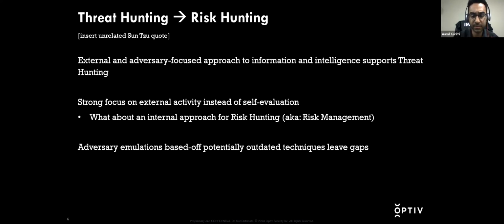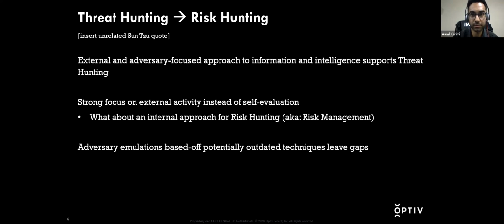And that's great. That's very important. Threat hunting helps not only our incident response consultants, but also our customers understand how adversaries work, where they're usually sitting, where the persistence is, where the initial access comes from, and to sort of predict in the future what the location of a future campaign's artifacts might be and what the behavior would look like. So we do have this very strong focus on external activity, but not so much talk about